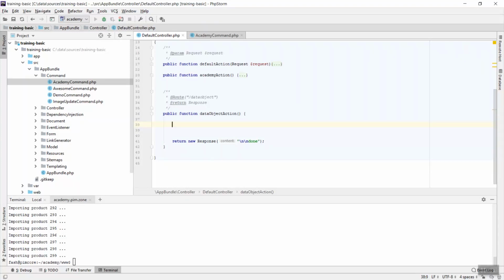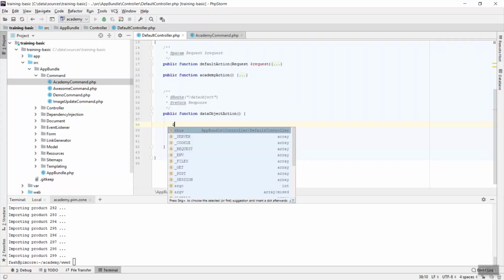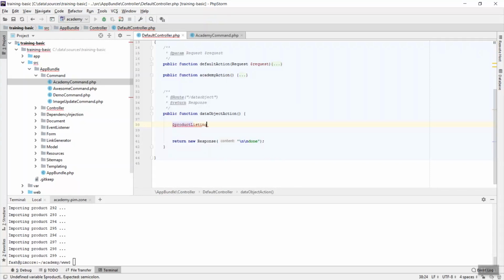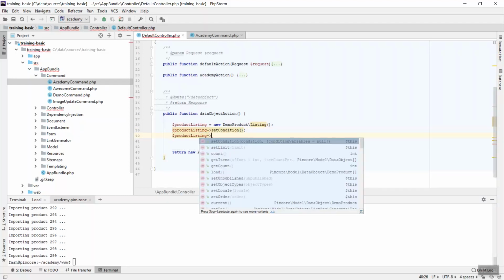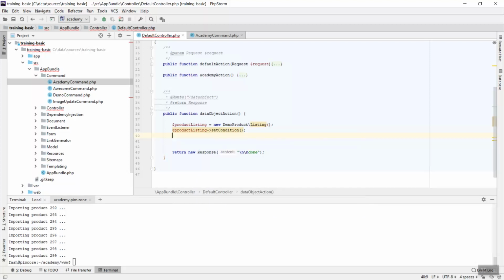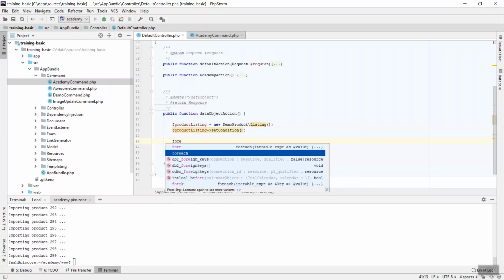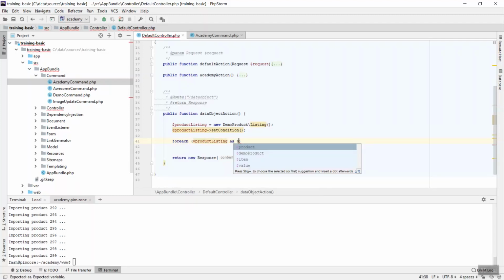And I just want to show you this in the context of a controller action. Let's say we want to load a product listing, which is just a new demo product listing in this case. And the listing is actually now an interface, an API, where I can load a list of products with the typical functions for lists, like I can set certain conditions, I can of course set a limit, I can set an offset for implementing paging functionalities, all these kinds of things. And once I have set up my listing, then I can iterate through my listing, for example, via a foreach loop,